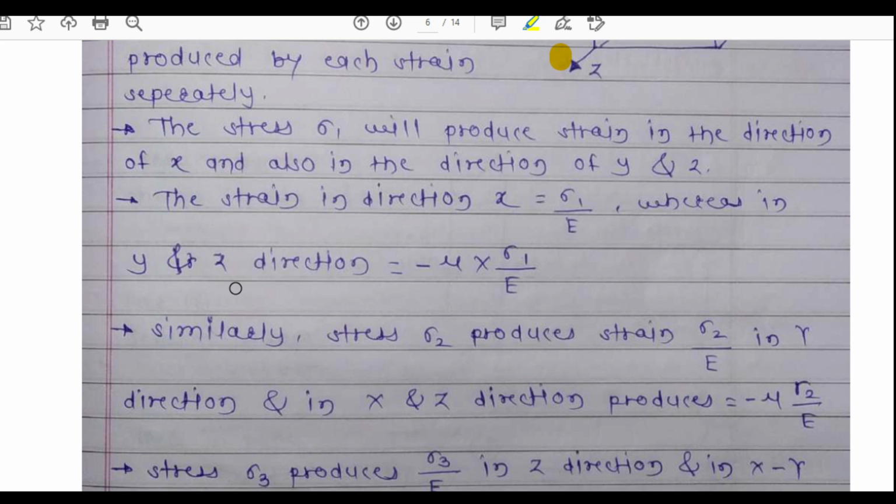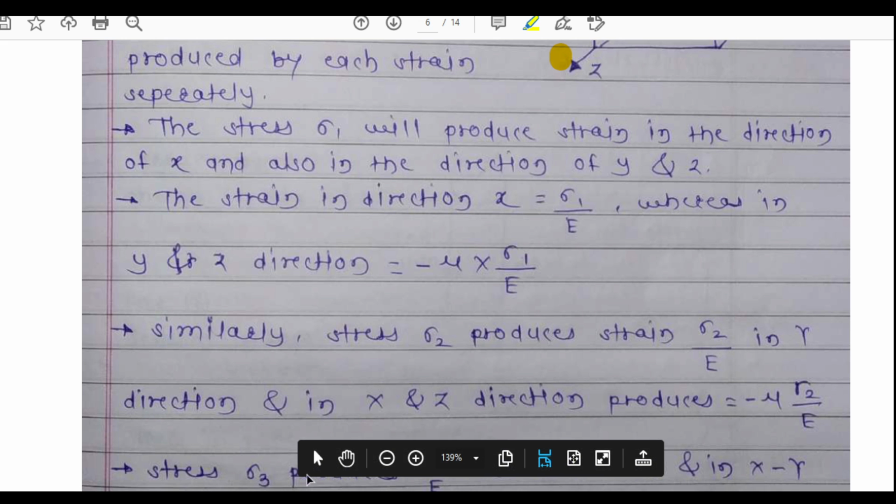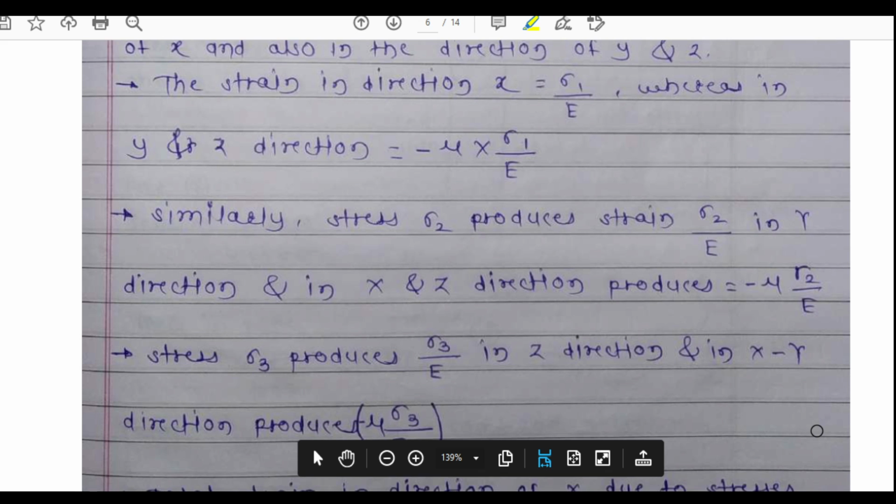Now similarly we can write it for sigma 2 and sigma 3. The strain produced by sigma 2 in y direction will be sigma 2 upon E, and for x and z direction it will be minus mu times sigma 2 upon E. Similarly for sigma 3, in z direction it will be sigma 3 upon E, and in x and y direction it will be minus mu times